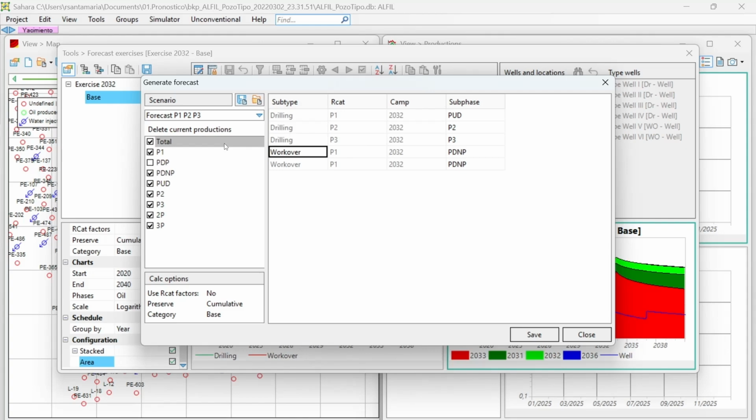This is especially useful if you have to do several runs of forecast scenarios and you don't care to preserve the previous information that you have. So in this case, it's going to be divided by the reserve category. Also, we can have